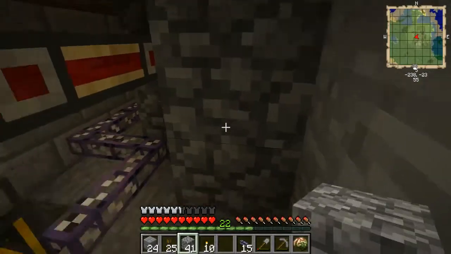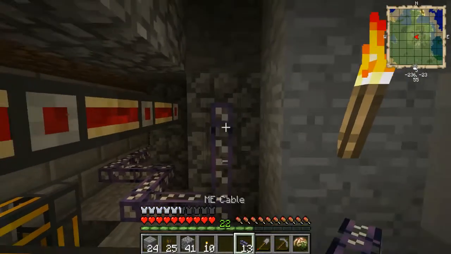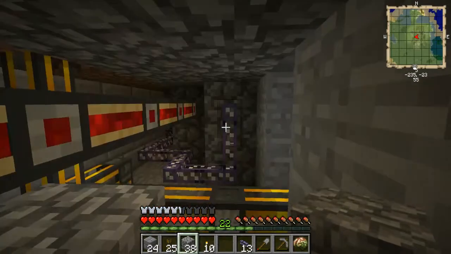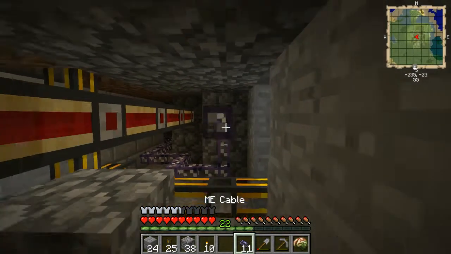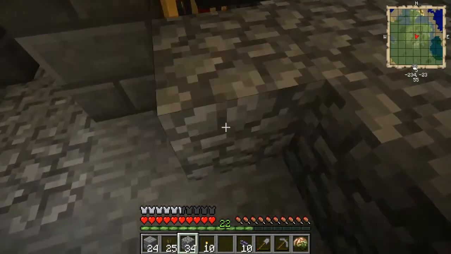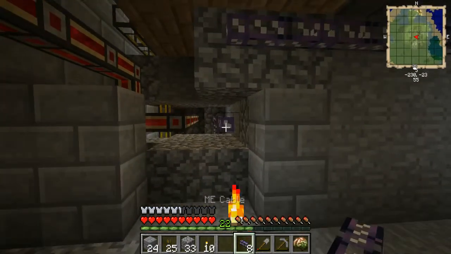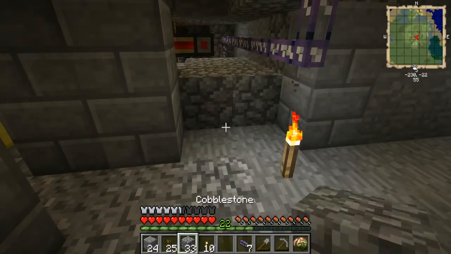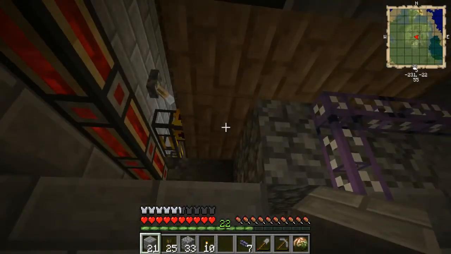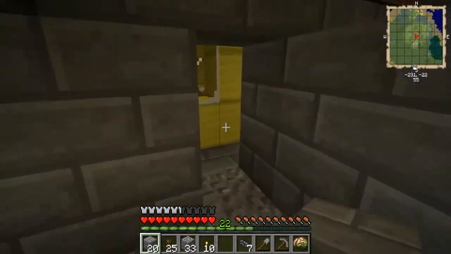I'm just sealing this area up. Know that I no longer need it. And then this will run here. And then we can put this here. There we go. Alright, so now that we got that run,